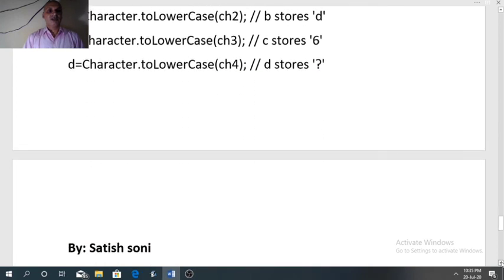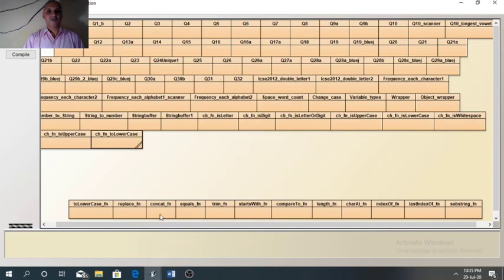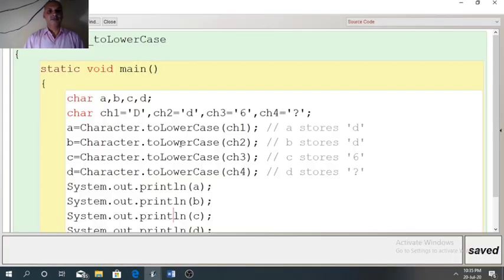So same example is used here. Name of the function is to lowercase. So first argument ch1 is capital D. So capital D will change to small d. So A will store small d. Second argument ch2. ch2 is already in lowercase letter, that is small d.